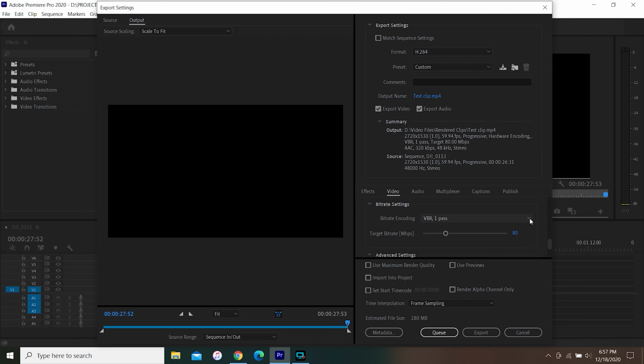So next, scroll down to bitrate settings. You have several choices here: CBR, VBR 1 pass, VBR 2 pass. The highest quality render setting is VBR 2 pass. CBR stands for constant bitrate. It means that the bitrate will be constant throughout your video, and it's not great because it might not allocate enough data for complex sections of your video, resulting in degraded quality. If you choose a high enough bitrate to accommodate more complex scenes, your file size will be gigantic and render time will take days.